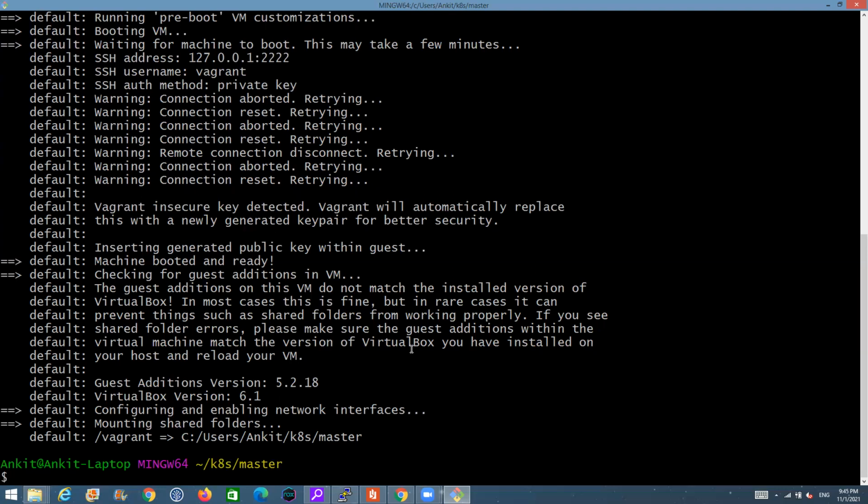And if the virtualization itself has been disabled, then you cannot use it, because it requires virtualization and it has been disabled in your machine. Usually there is an error related to the headless. If you are getting something like that, just go ahead and Google it, and most of the time you will find the solution. And if that is the issue, then you will have to reboot your laptop and go into your BIOS. There is a configuration where you can enable the virtualization.